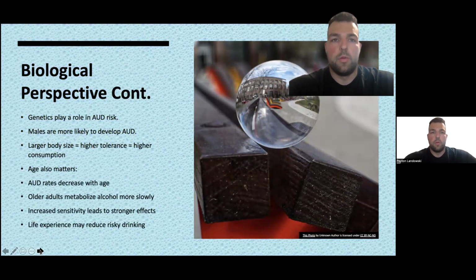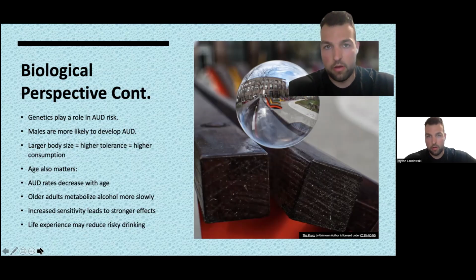Furthermore, with the biological perspective, when we look at alcohol use disorder in biology, there is genetics. Your sex can play a large role in alcohol abuse disorder. According to Nolan-Hoeksema and Jennings, males are more likely to develop an alcohol abuse disorder than females. Men by nature are physically larger than women and usually have to drink more alcohol before they feel intoxicated, which can affect how much alcohol they can consume.